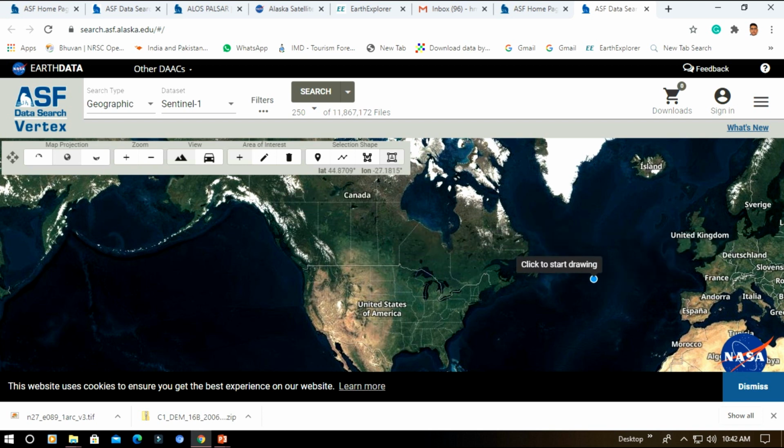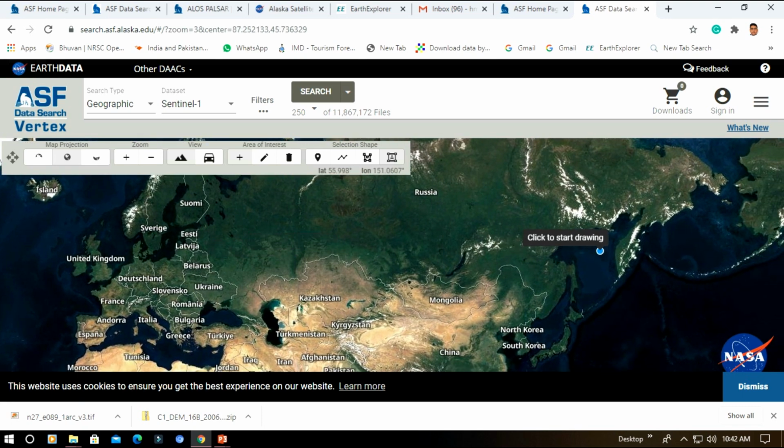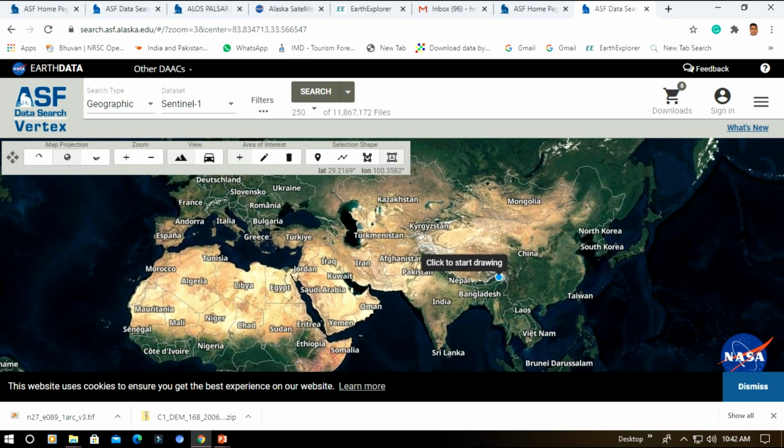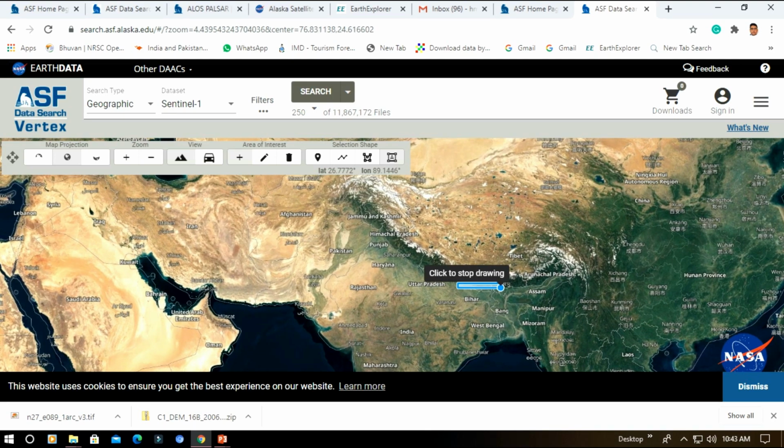Here you will see the map and select the particular area of interest, then scroll the map up and down and zoom in particular area.